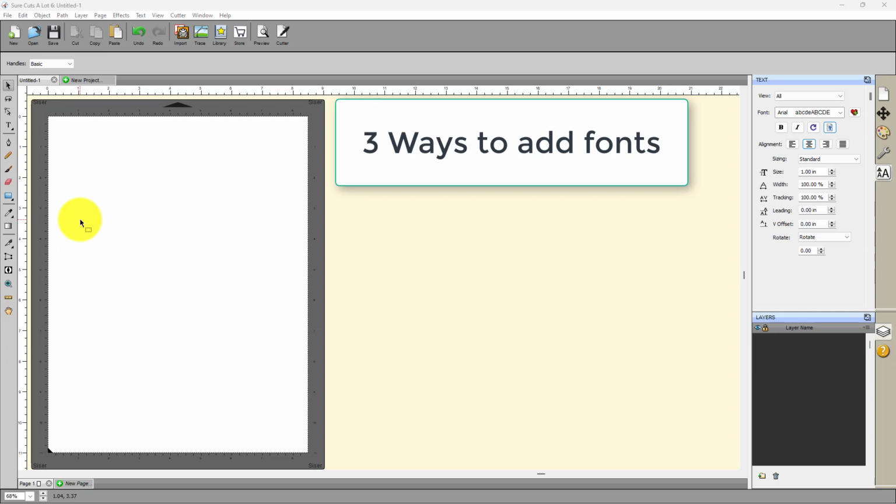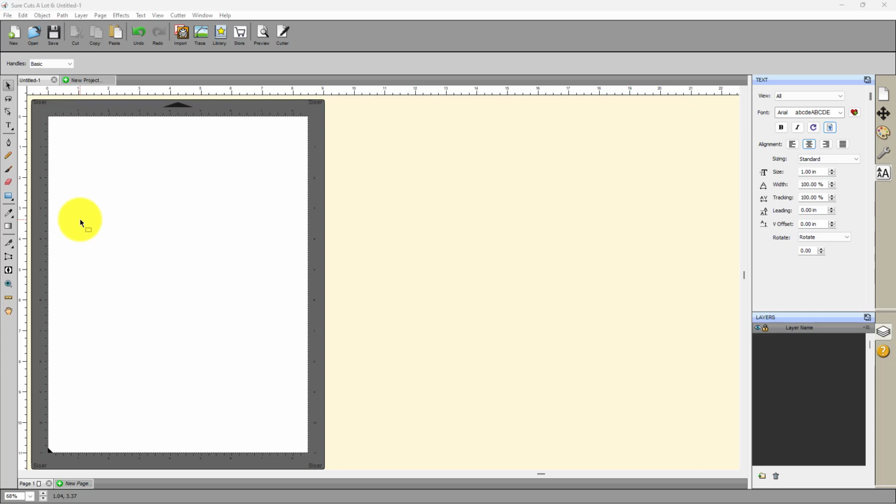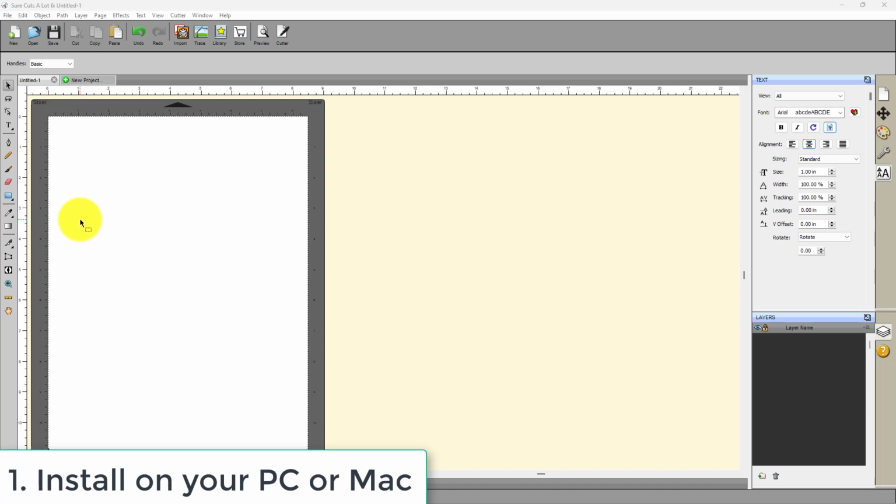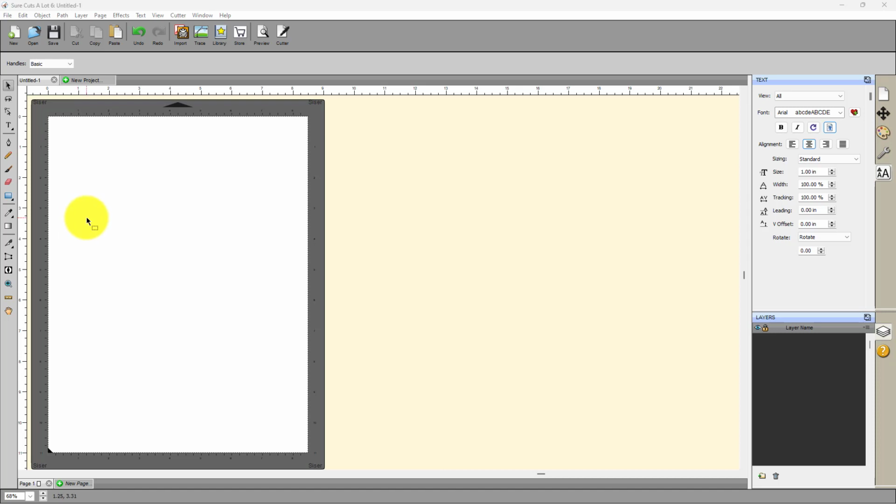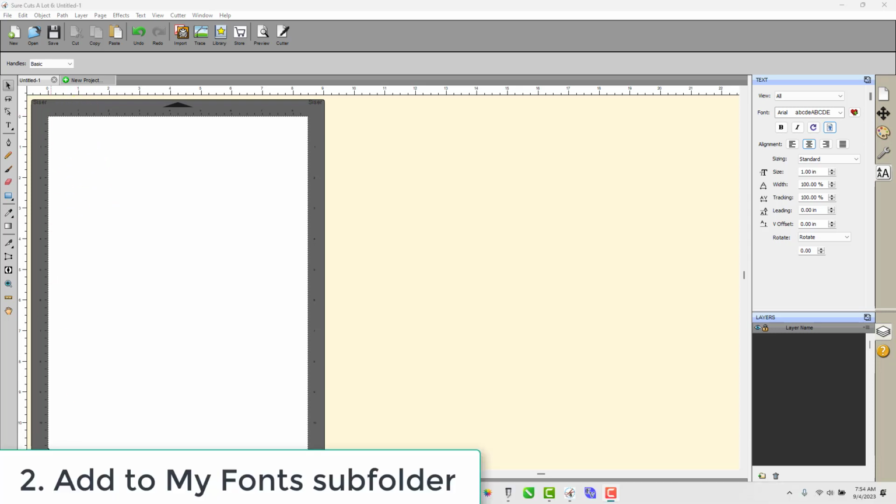fonts to use in SCAL6. Naturally, there's the regular way in which you just install the font into Windows or onto your Mac, and then it shows up in all applications. But a second way is that you can put them into a My Fonts folder, and let me show you